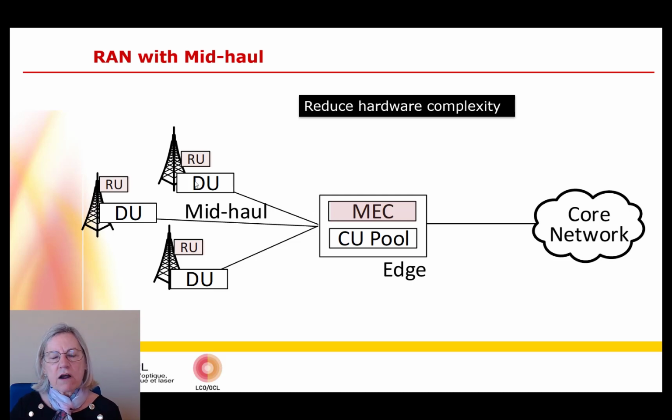In this case, our functional split is that we leave the remote units up next to the antennas. We have the DU units, which are the baseband DSP, which are staying close to the RF signal. And now this MEC unit, we're pulling back a little bit, and all of the CU unit, which is basically network level coordination, is being pulled back to the edge of the network. So this is allowing me to put some very complex hardware into a pooled capacity where I can reduce cost, and it's easier to manage, easier to give